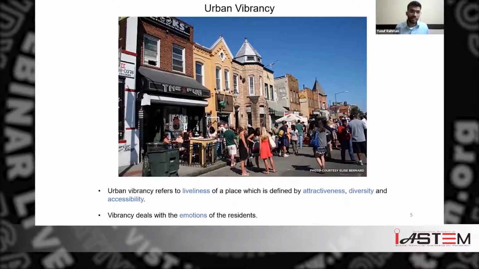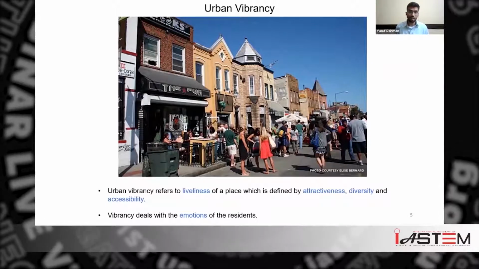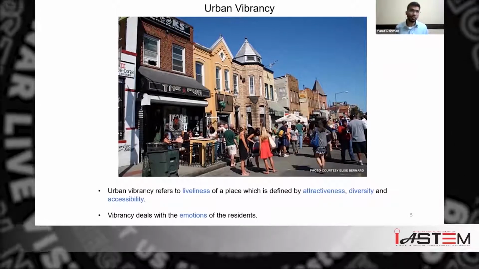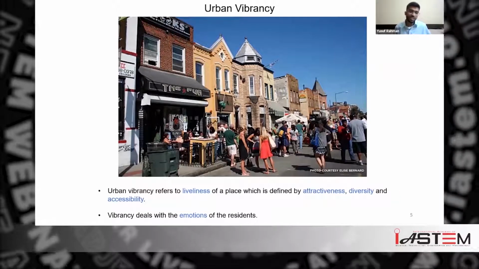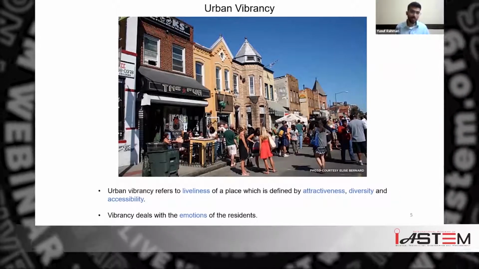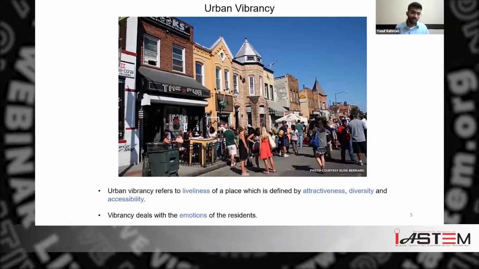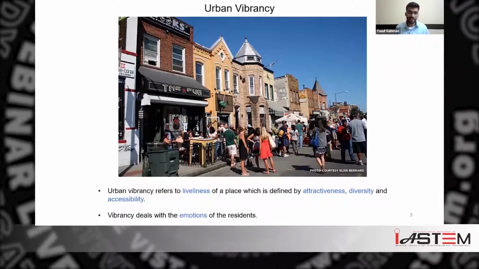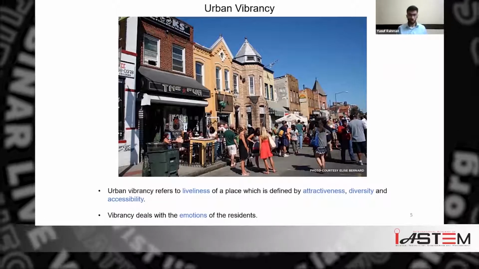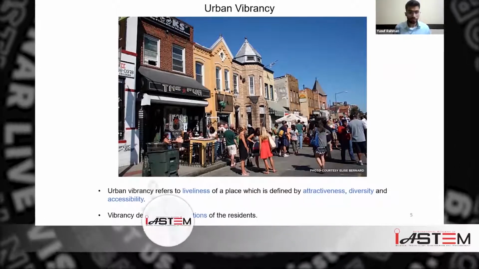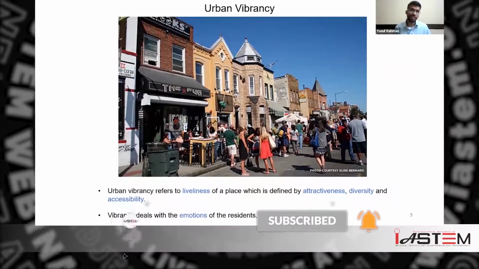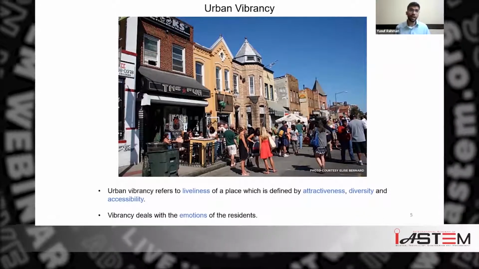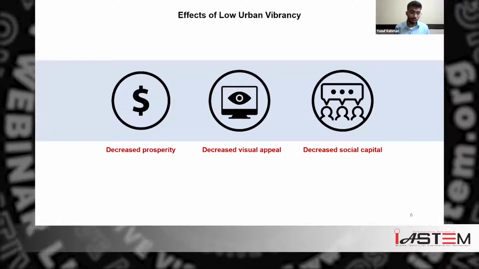So urban vibrancy, as the name suggests, is how lively a place is. For example, how do we interact or how do we feel in a certain place? And it's about the emotions of the residents in a certain place. So, urban vibrancy has real life effects on our lives, and we don't know about it because in